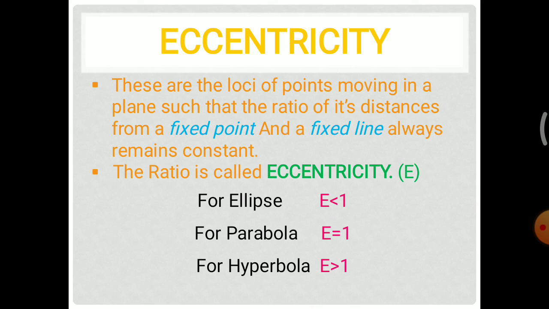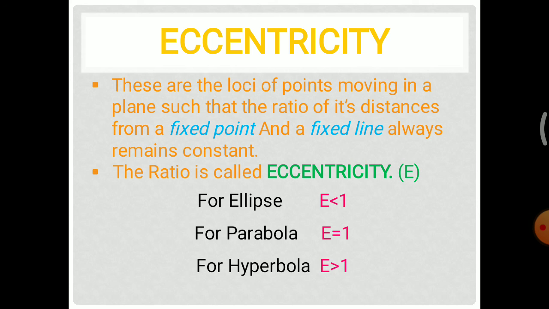In the question they didn't give all the eccentricity values. They defined it as 2 by 3, 3 by 4 or 5 by 4. So they defined it as a ratio, and we can take their eccentricity directly. So these are the different conic sections observed from the eccentricity, that is ellipse, parabola and hyperbola, which is less than 1, equal to 1 and greater than 1.